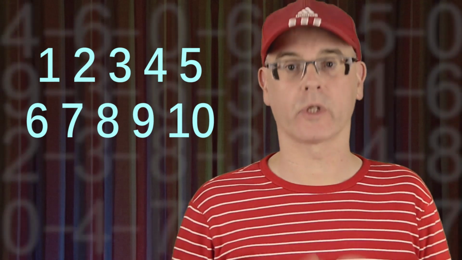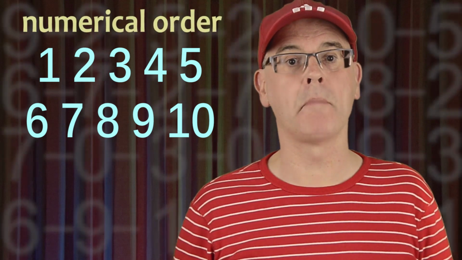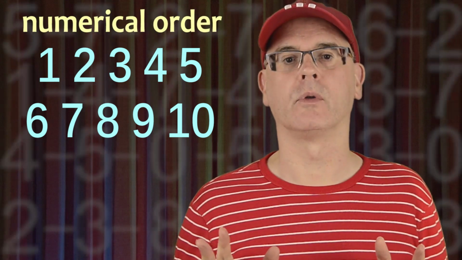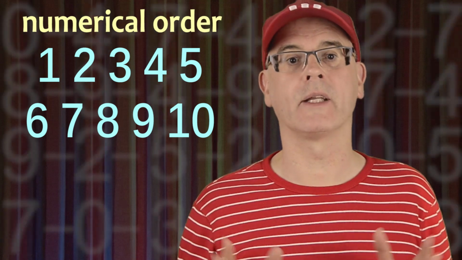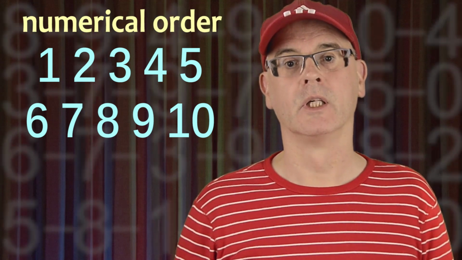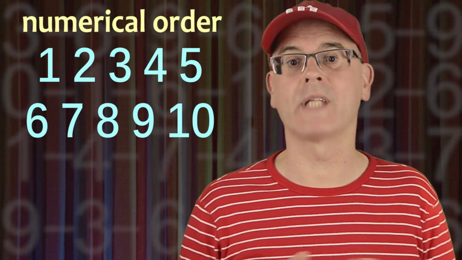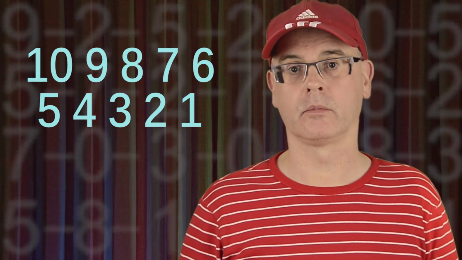Numbers are very useful for making lists. You can make a list of items while numbering them and writing down each item with its number next to it. To number something is an action. When counted, numbers always come in a certain order. This is called numerical order. For example, the order of numbers between 1 and 10 is always the same. You can count up from 1 to 10, or you can count down from 10 to 1.